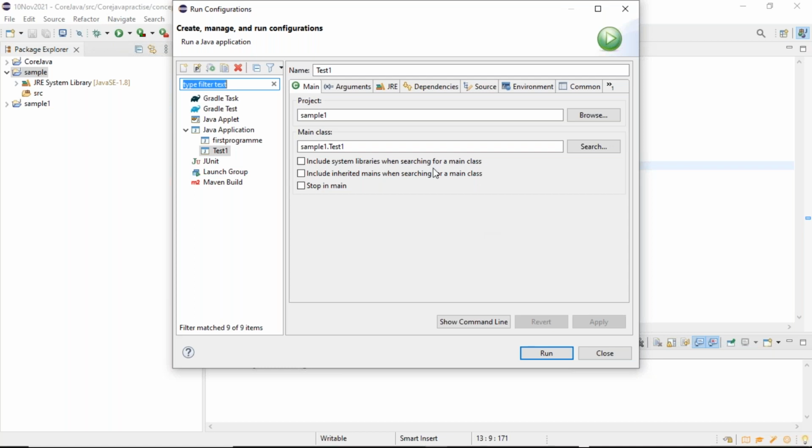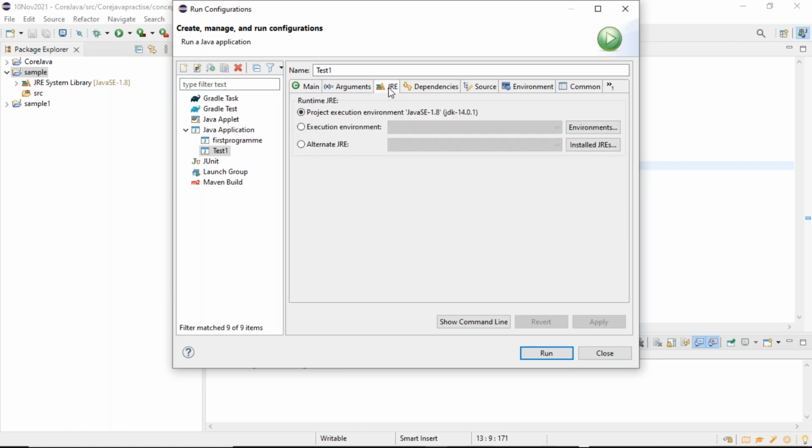Click on dependencies. Click on JRE. JRE 14. Click on the dependencies tab first. Let's see what is there. Dependencies.